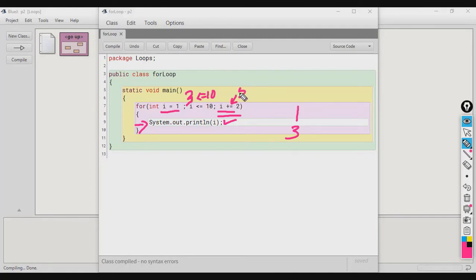Now I will become 5, the condition becomes 5 less than equal to 10, control comes inside, so 5 is printed. Now again the control will come to the update part and I will become 7. So the condition here will become 7 is less than equal to 10, control comes inside again. So this time I value is 7, so 7 is printed.